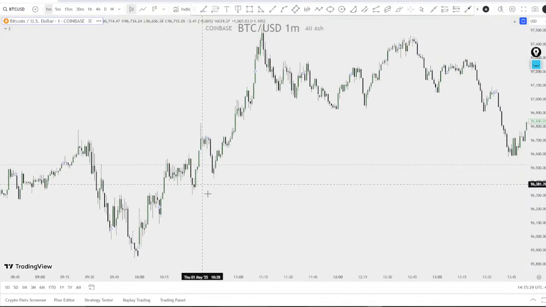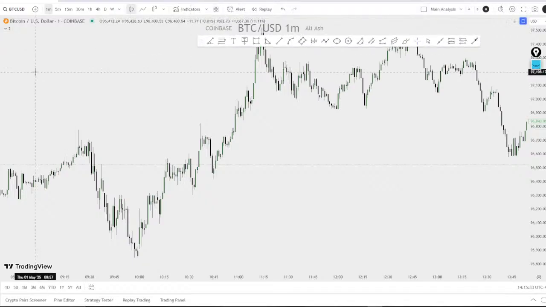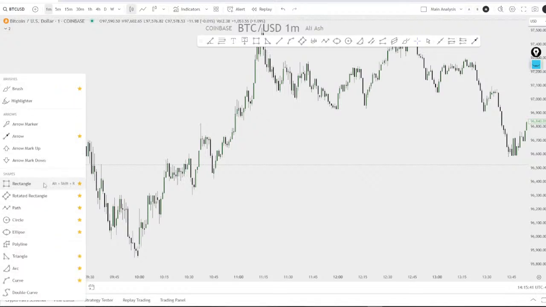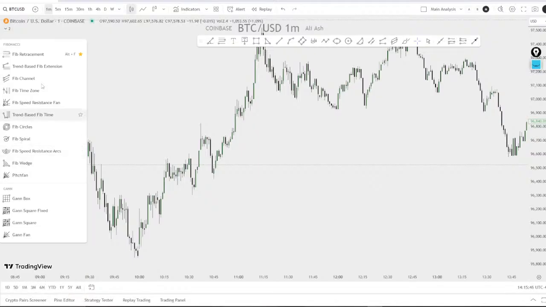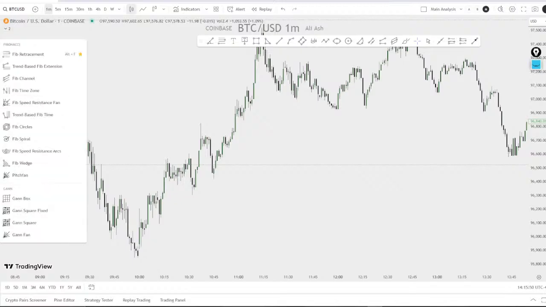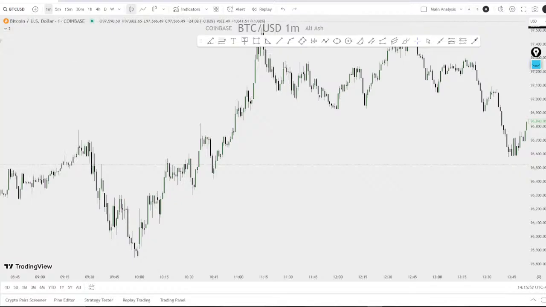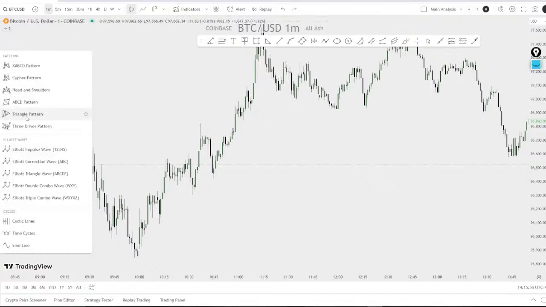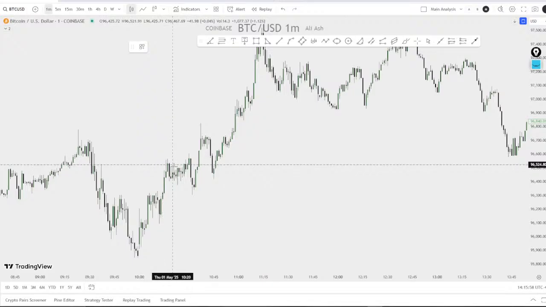We can use this as a pennant. So if you go here, you can also use the triangle pattern, or you can also make the structure from shapes. So let's do it from the